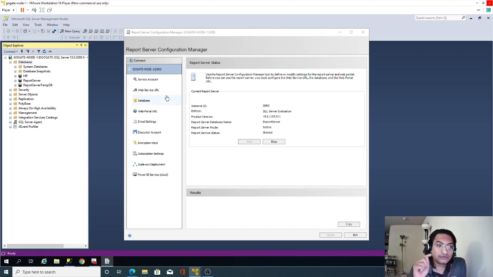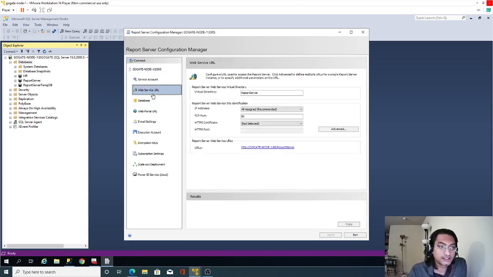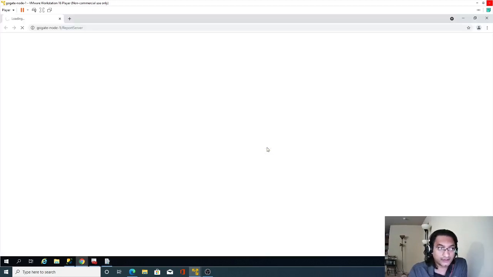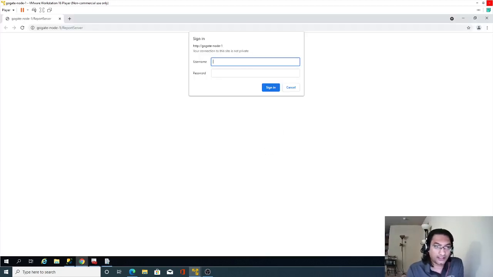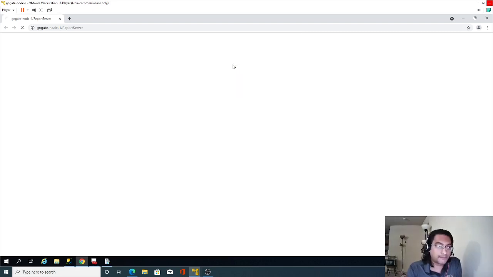Now we have to validate whether the SQL Server report server is really installed or not. What we can do is go back to the web service URL. This is one way you can validate. I will specify my user ID and password.